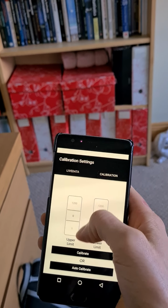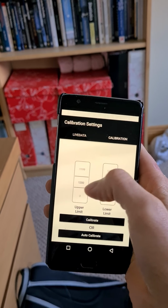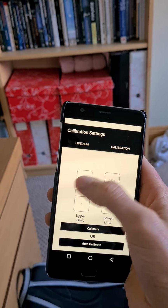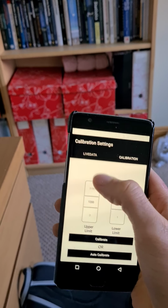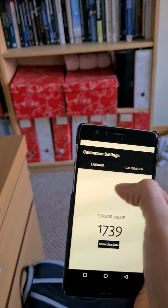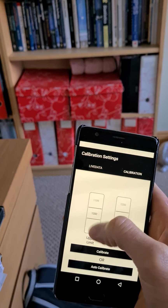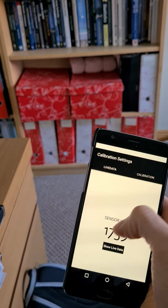And when you calibrate, I wanted an auto calibrate as well, so you can actually set it yourself. Now 1200 and 1200 is too little, so that has to change. And I want it all on the one page. So this is going to move up to here. And then I want them to be able to type this and press calibrate and then see the numbers and